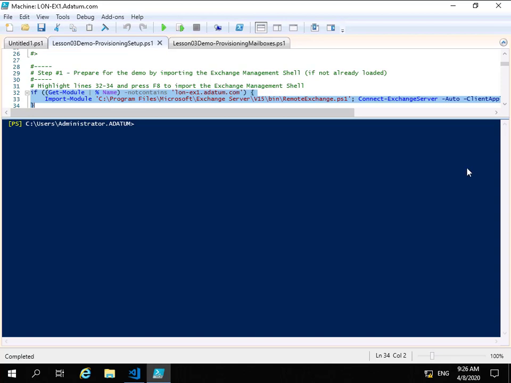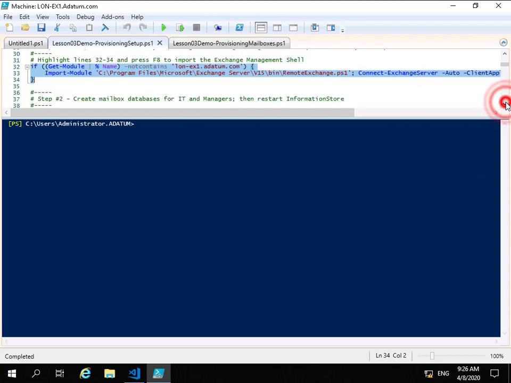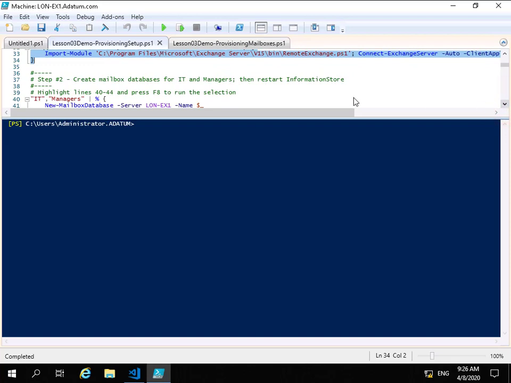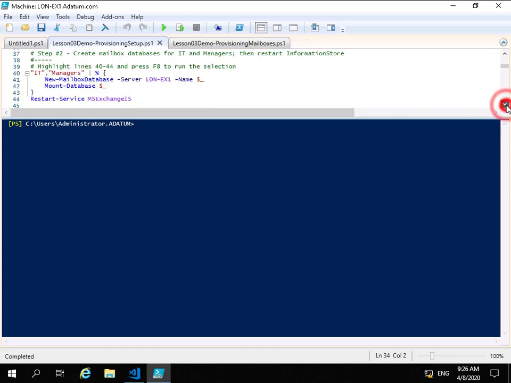So what I've done is I've just launched one of the PowerShell scripts at this point here. If we have a look through it, what we're going to do is create a mailbox database for IT and managers. Then, as part of the script, we're going to restart the information store. So at this point here we have IT, managers, and then we're going to pipe that, and then in the braces, we're going to create a new -mailbox database, -server, lon-ex1, and